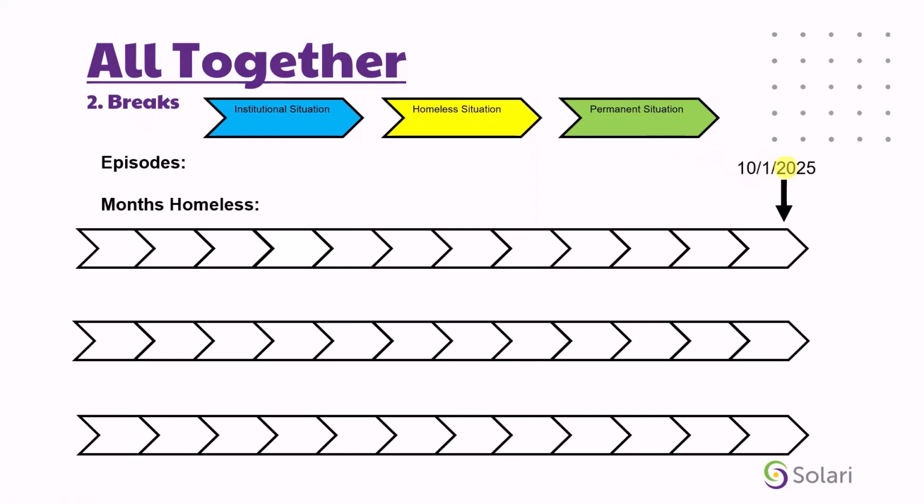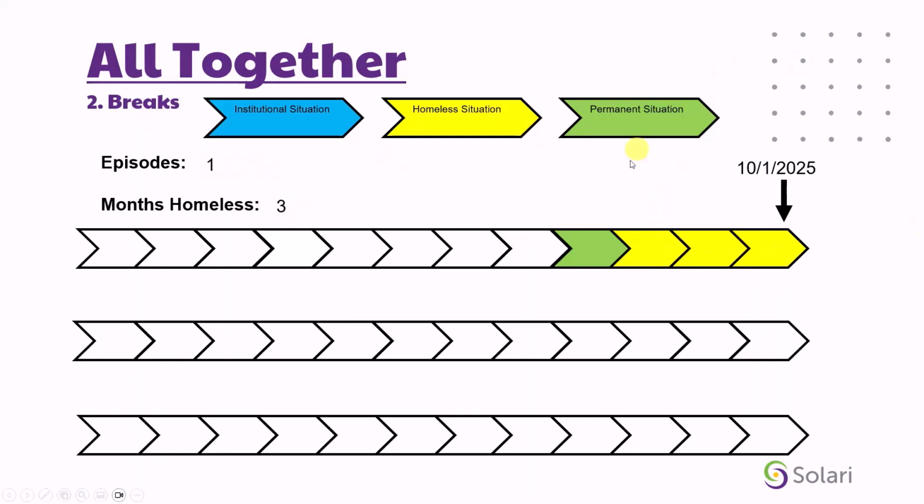In this scenario, we're meeting the client on October 1st of 2025, and we're going to talk with them about what their history of homelessness is, starting with the current time and moving backwards. As we're speaking with the client, we learn that for the past 90 days, they've been staying in shelter or a literally homeless situation. This would represent an episode of homelessness with the 3 months in yellow here. After further discussion, we learned that prior to staying in the shelter, they were staying at their brother's place for 30 days. So with this information, we're still seeing 1 episode of homelessness for a total of 3 months, represented by these yellow sections right here.